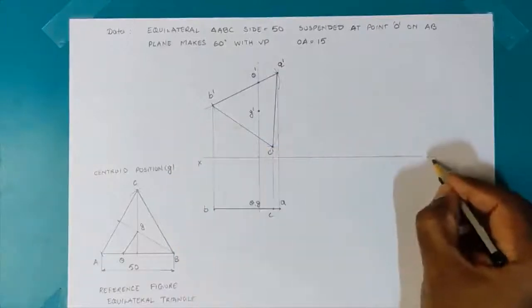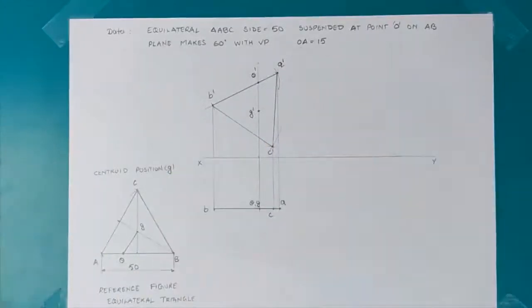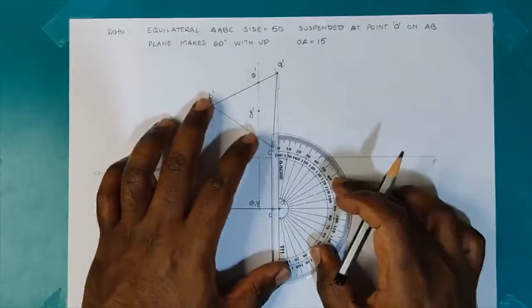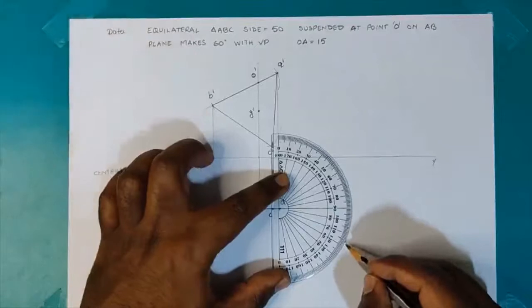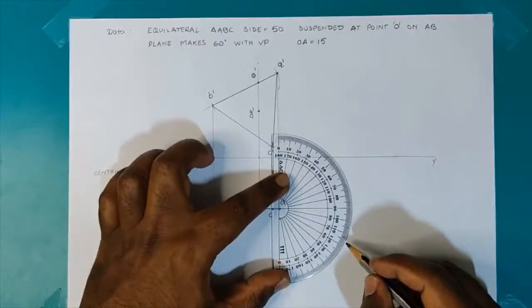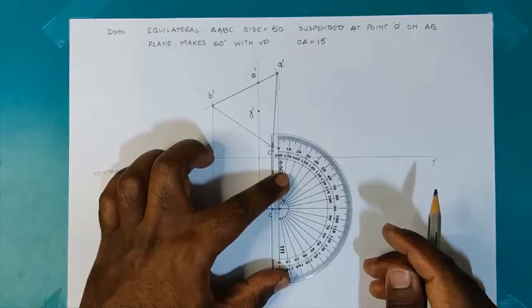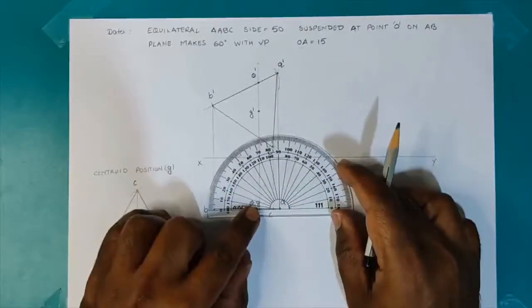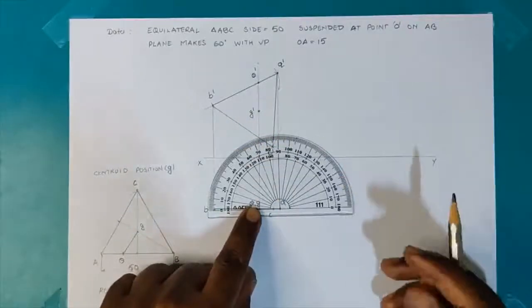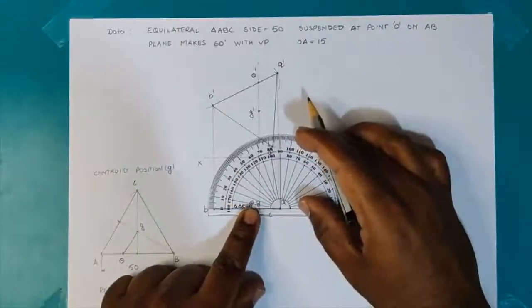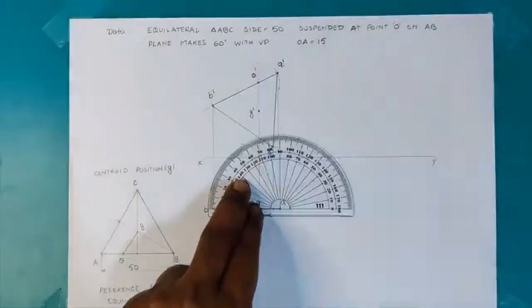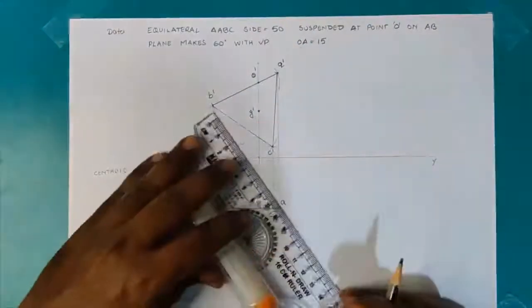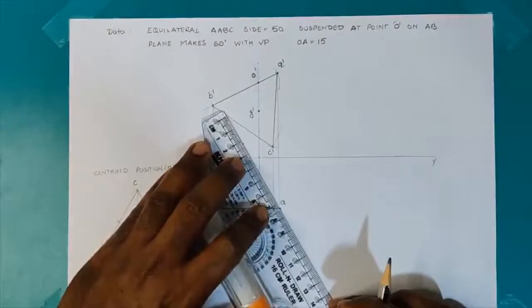Now I move on to the next step 3, in which I'll be using an auxiliary plane. So I need to construct a plane at an angle of 60 degrees. So I guess this is not the correct position which I should assume. Remember, I have to make the auxiliary plane at an angle of 60 to the top view plane. So I take an angle of 60. Okay, so I should keep it like this, and I take an angle of 60. I draw a faint line just for reference.